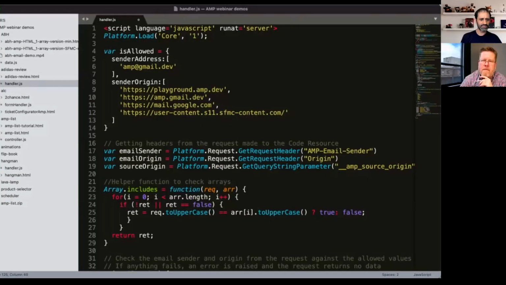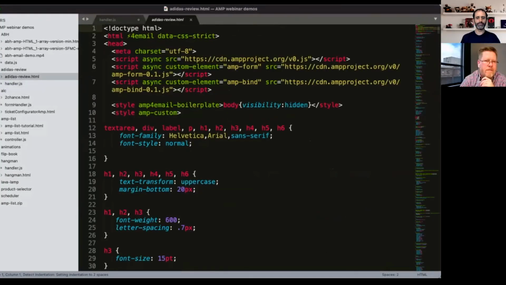Well, thank you. Mark was wondering, are the JS libraries for AMP emails slow like AMP web pages? No, they shouldn't be slow at all. Firstly, you only initialize the libraries. Allow me to show you, to provide some context. I'm going to share my screen again. Let's have a look at the Adidas email here. You can see I'm loading two libraries. They're highly optimized and extremely quick to load.